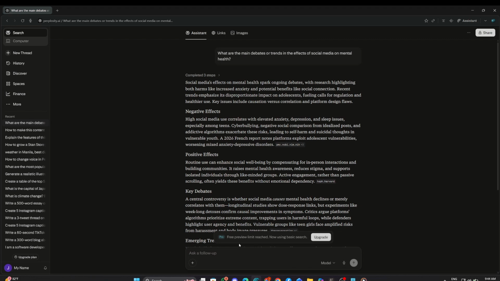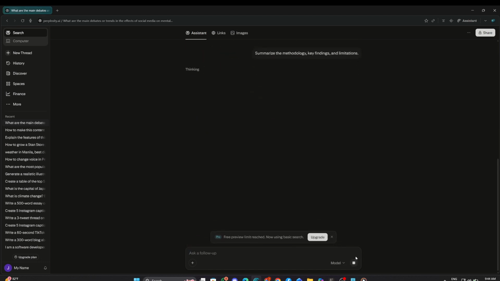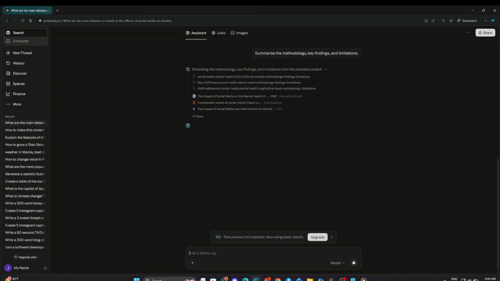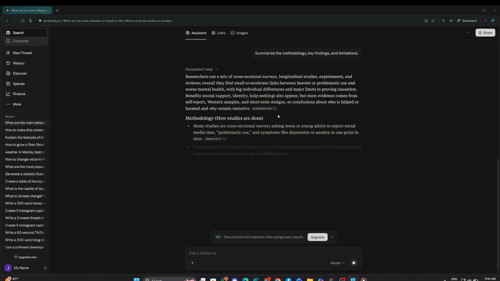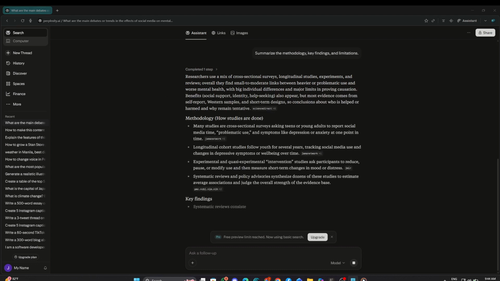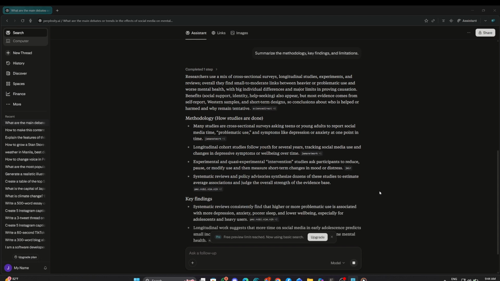Next, examine the individual studies that have been identified. For each source listed, you should ask, summarize the methodology, key findings, and limitations. Doing this for each study allows you to gather detailed insights about how each piece of research was conducted, what results were found, and any potential weaknesses in the studies. Pay attention to the responses provided by Perplexity AI, as they will help you build a comprehensive view of the